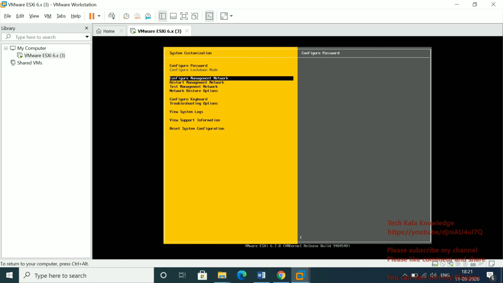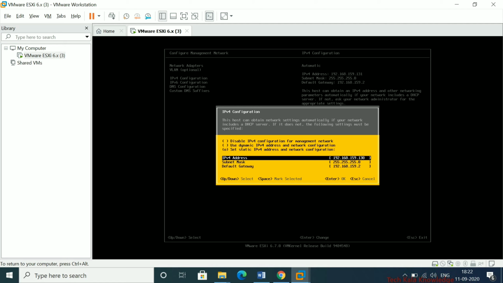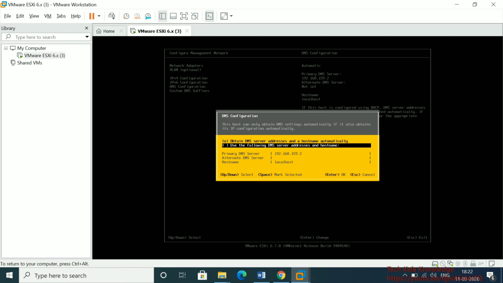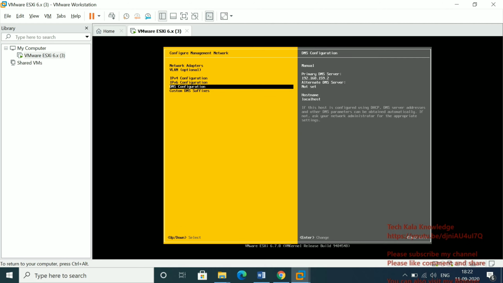Configure management network, IPv4. Oh, I think we did not save correctly, so that's why. So let me do it one more time. That's fine. Press enter. Go to the DNS. Yeah, that's also okay. Now hit enter.